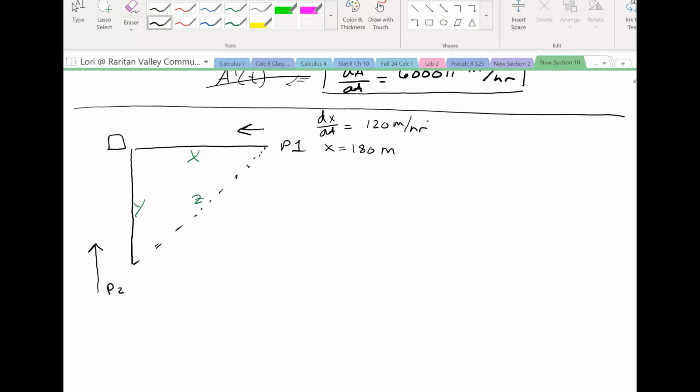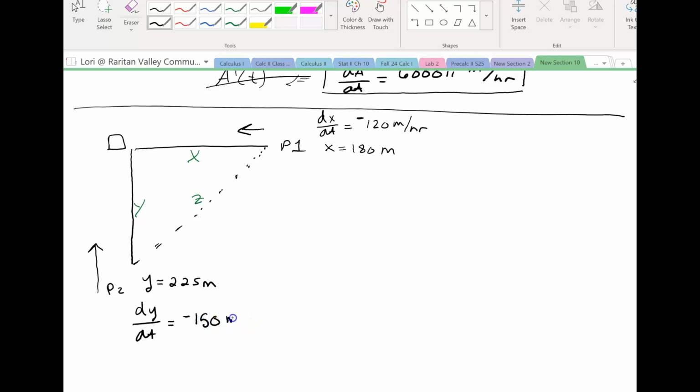Now here's where you need to be careful. The distance to the airport is decreasing. Since the rate of change of the distance to the airport is a decreasing distance, that is going to be negative 120 miles per hour. All right. For plane 2, when plane 2 is 225 miles, it is traveling at the same time, it is traveling dy/dt at negative